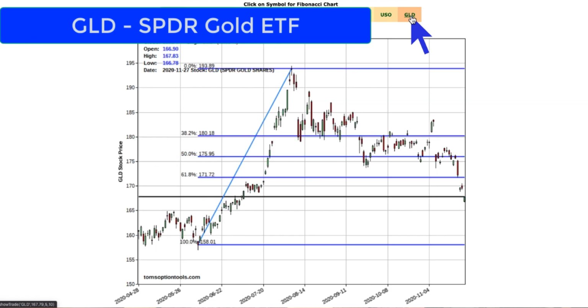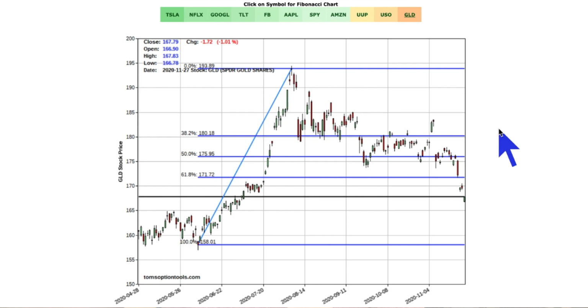GLD. All right, so I am a long-term owner of gold, but as a trader, I had a line drawn in the sand on GLD, and it was right around 175. As you can see, we went from 158 on the lows back in May all the way up to, right at the beginning of August, 193.89. That was a closing high. Since then, it's all been about lower highs and lower lows, and we're now moving into some fresh lows. Well, my line in the sand got taken out last week when we dropped below 175. So now, as a trader, I am waiting for a buying opportunity.